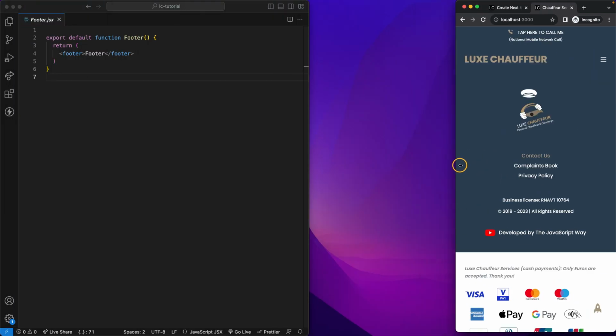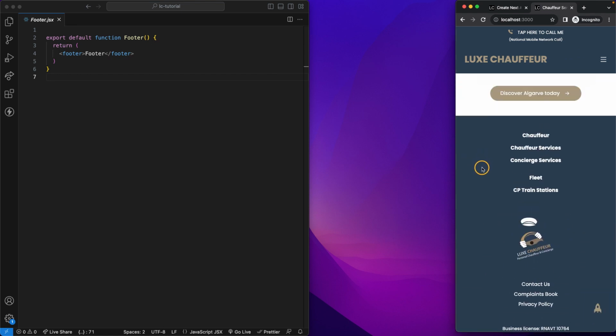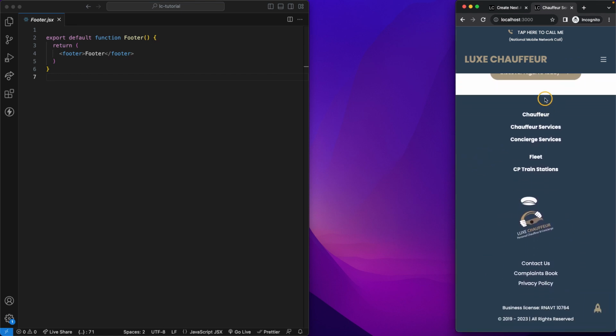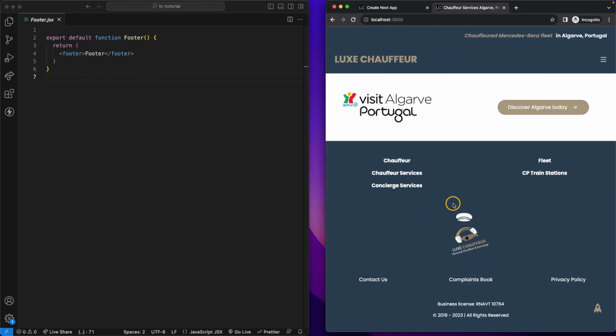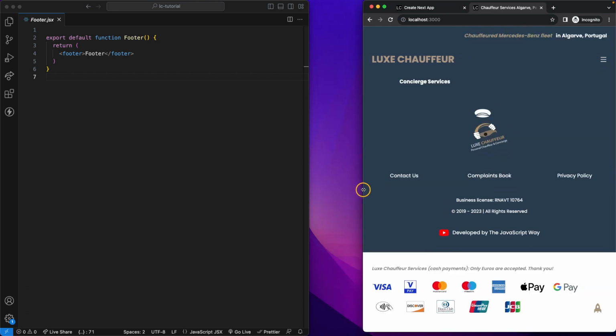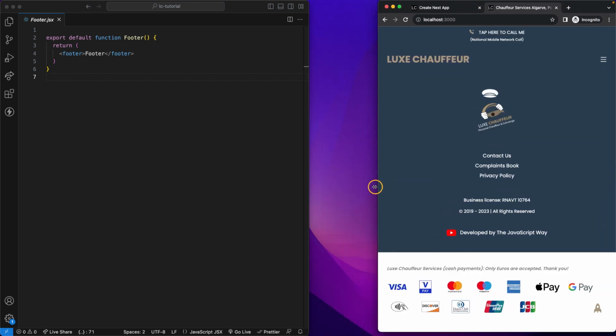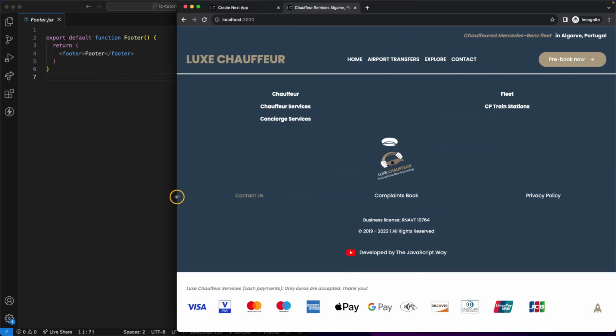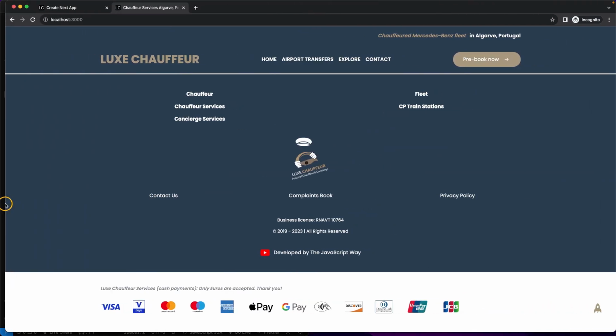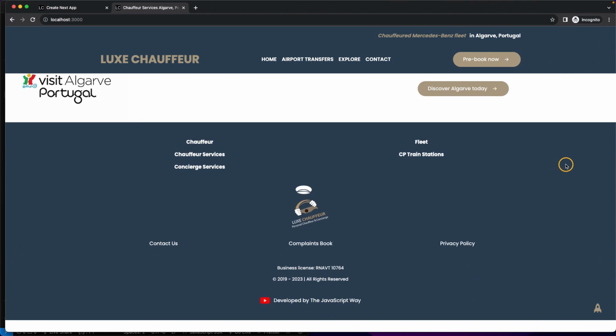Nice footer. So basically on a small screen we get everything aligned vertically, everything on top of each other. And then when we move to the MD breakpoint, give or take, as you can see, we start to see changes. So yeah, this is what we are going to be doing, and I hope you guys are ready, because the